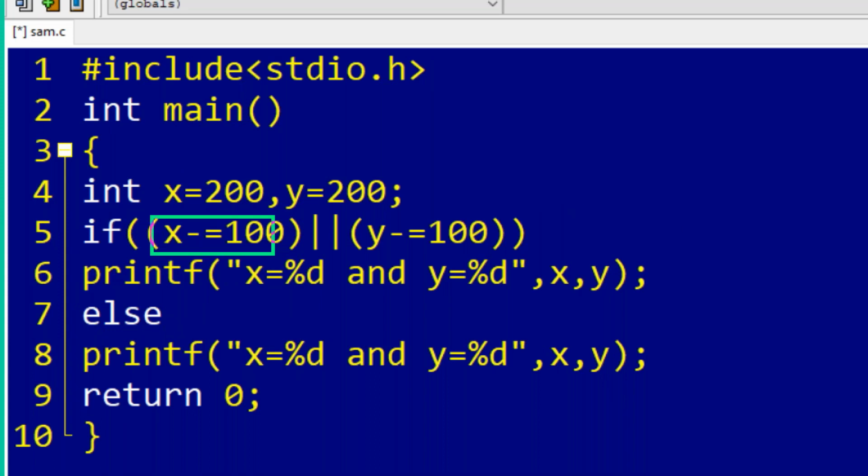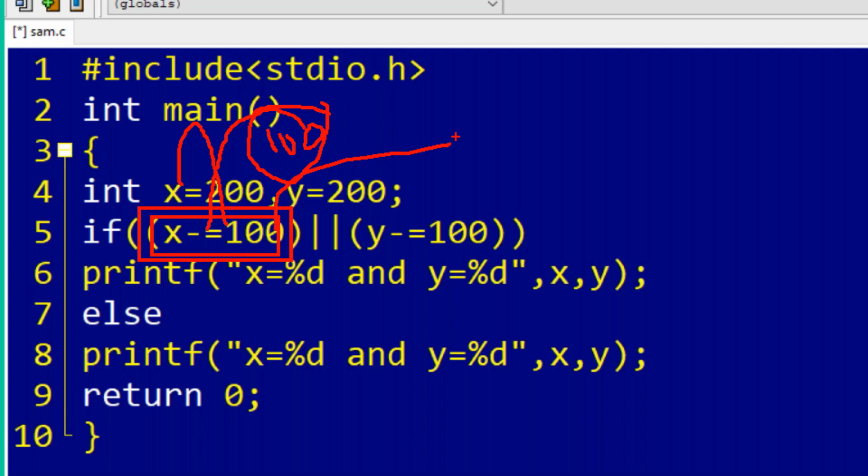Now x minus 100 means 200 minus 100, which is 100. 100 is non-zero, and non-zero means it is true. Now, when we are working with this logical or, if the first expression is true, the compiler won't evaluate the second one.